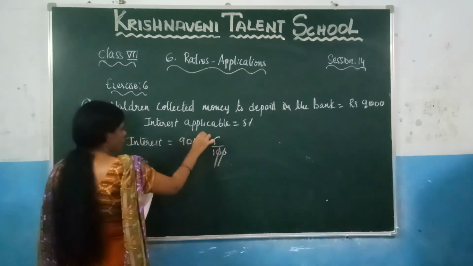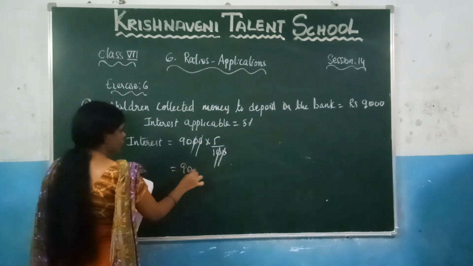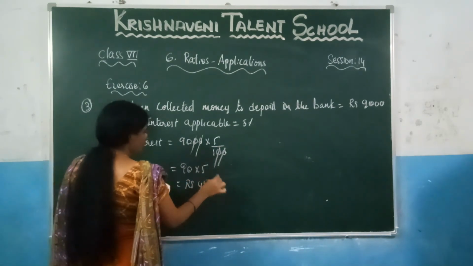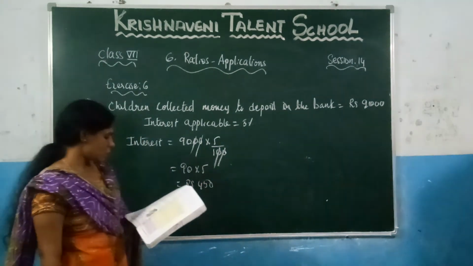So just do the simplification. So what you will get it here? 90 into 5, which is nothing but 450 rupees. This is the problem. So from this